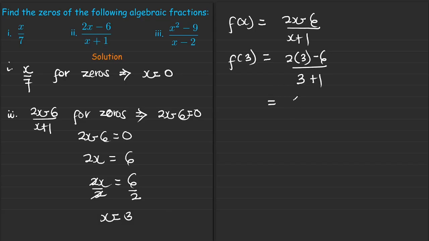Simplifying, we have 2 times 3, which gives us a 6. So 6 minus 6 over 4. 6 minus 6 then gives us a 0 over 4. 0 over any number is still 0. And that is just it. This is how we find the zeros of